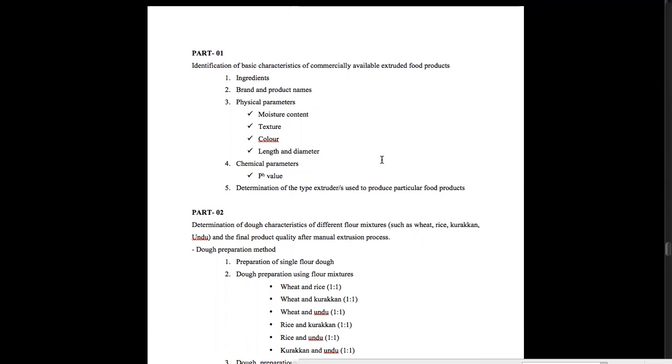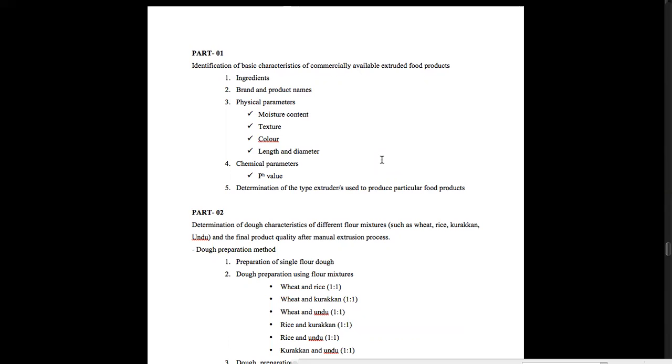As you know, extruded products are very common. You can buy extruded food products from the market for a cheap price, and there are different types of extruded food products as we discussed: ready to eat and ready to cook. Based on the extruder type, shear force, temperature and raw materials, we can find different types of products. As an example, pasta, noodles, spaghetti-like products, with different shapes and different textures. Therefore we need to select the proper extruder.